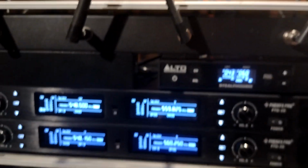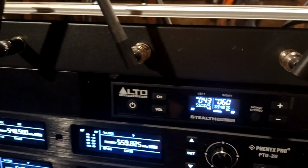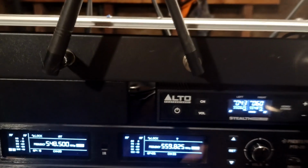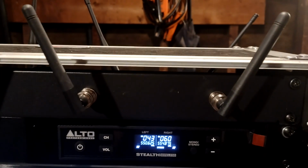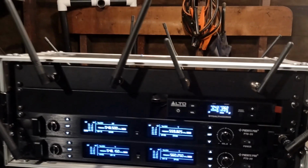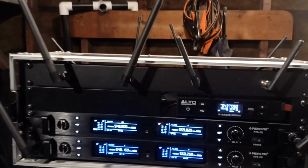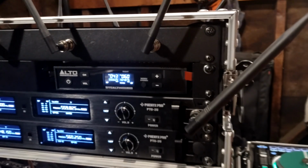Now, the Alto here is a quarter wave antenna, which works on a ground plane. What a ground plane is, it doesn't have to be, but it should be grounded to the earth. So that's why I have this metal tripod connected to this metal rack here. So it creates an earth for it. And what happens is the earth acts as an antenna for the quarter wave antennas,